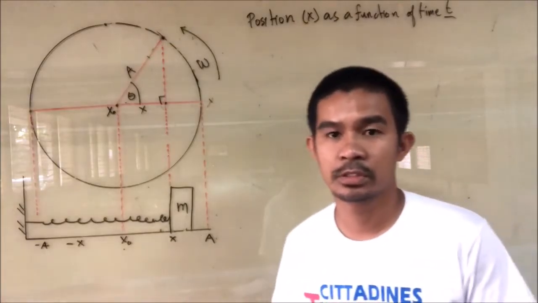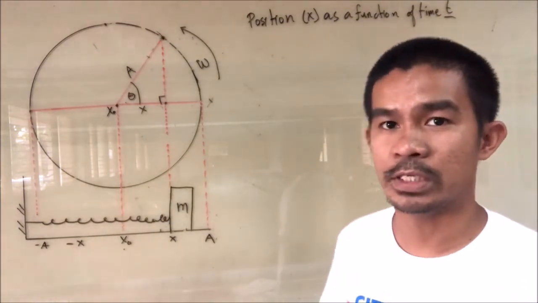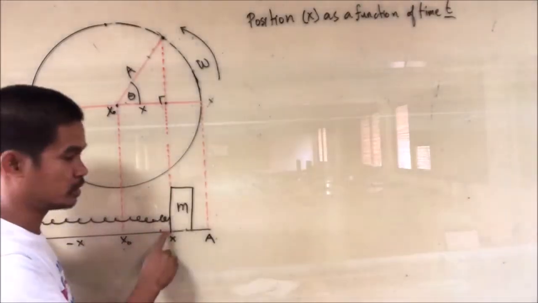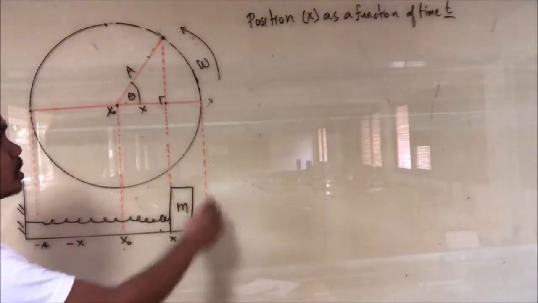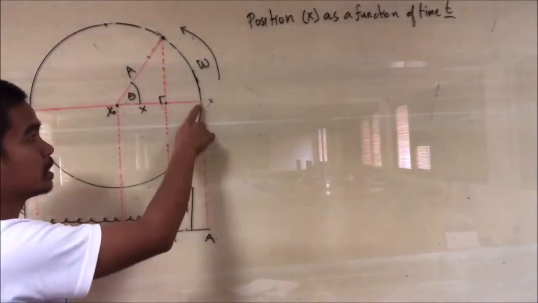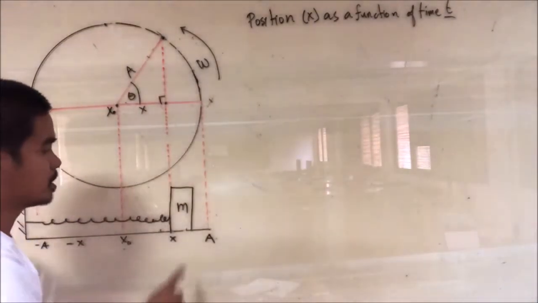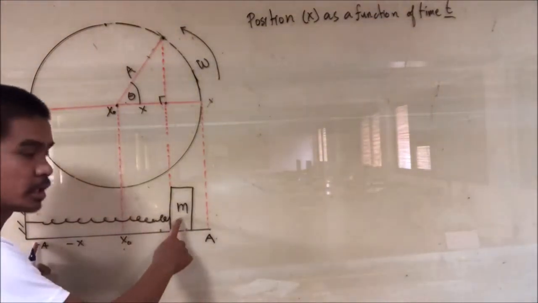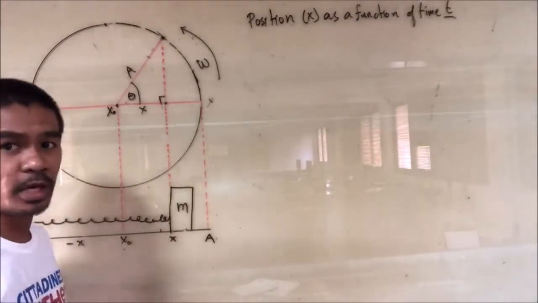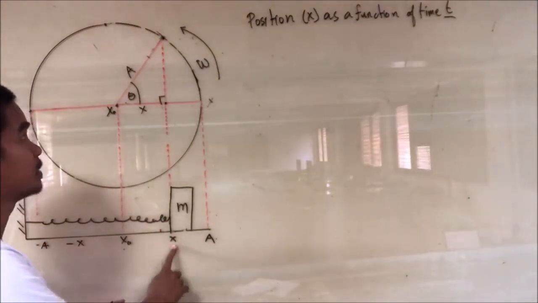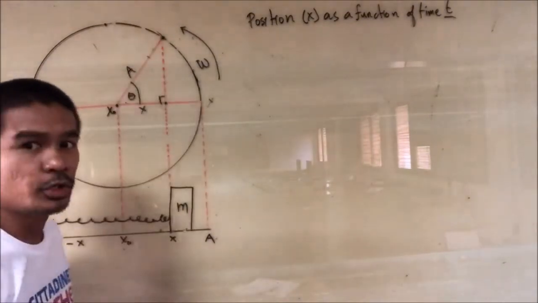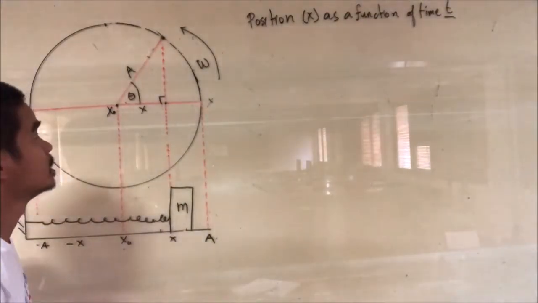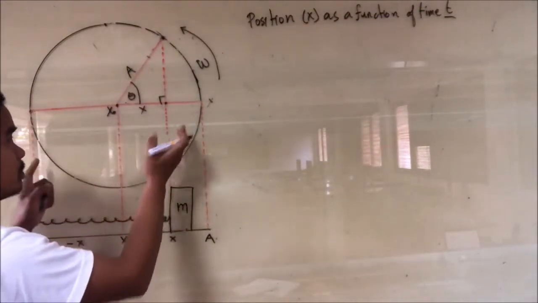Now, the position x as a function of time t. Okay. So again, if the object attached to the spring is located at the amplitude, then the object moving in uniform circular motion is located at this point of the circular path. But if the object attached to the spring moving in simple harmonic motion is located here at position x, then the object moving in uniform circular motion is located at this point of the circular path. So this is the amount of angle displaced by the rotating,